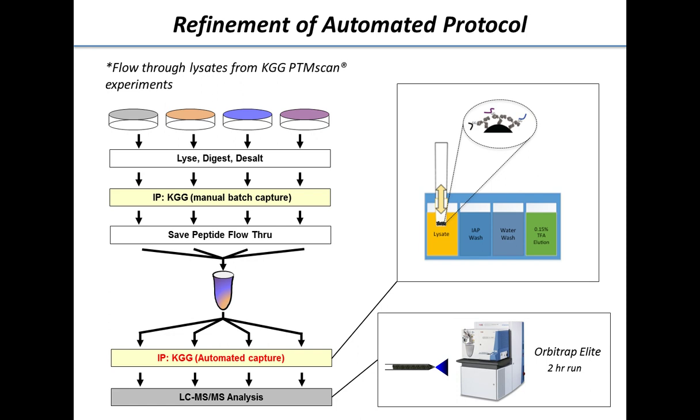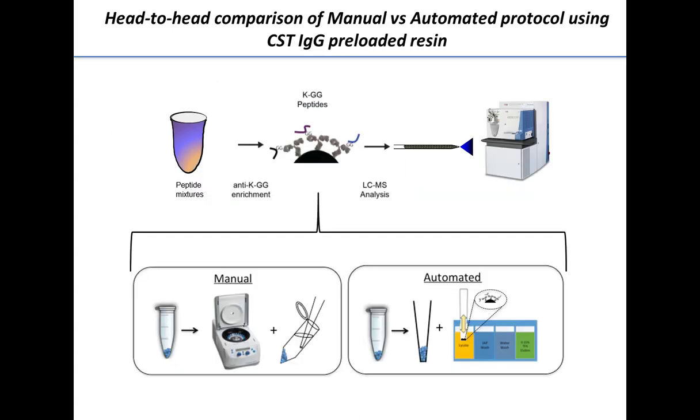Once we had optimized some conditions using the simple platform, we moved over to looking at samples that were more representative of real-life samples. And to do this quickly, we ended up asking members in the group for their leftover lysates from their experiments, and we ended up pooling these lysates and using that as our input for the rest of these experiments. And LC-MS analysis for this method development project was all done on our Orbitrap Elite mass spec to save precious time on our Lumos systems.